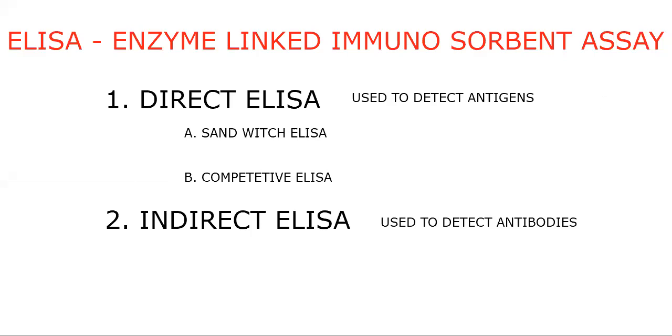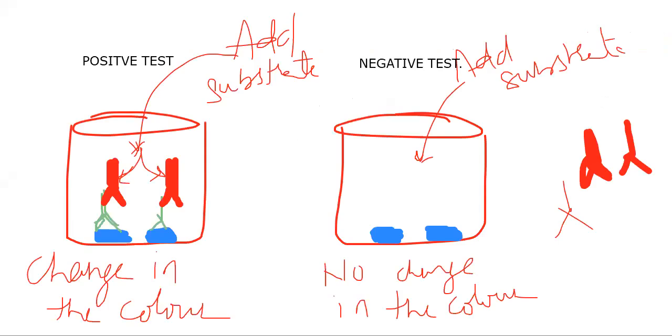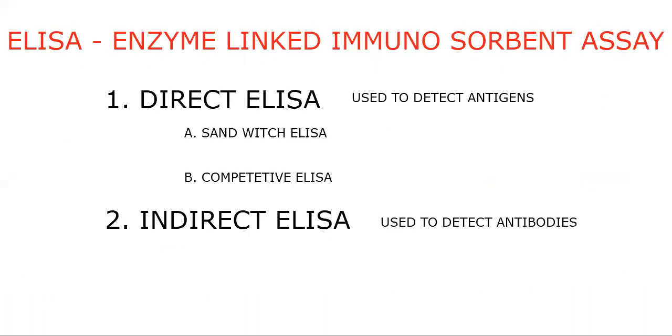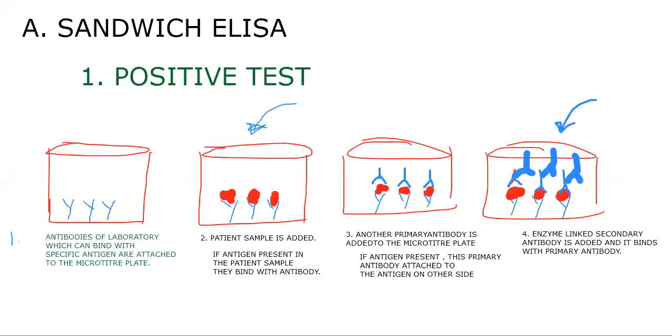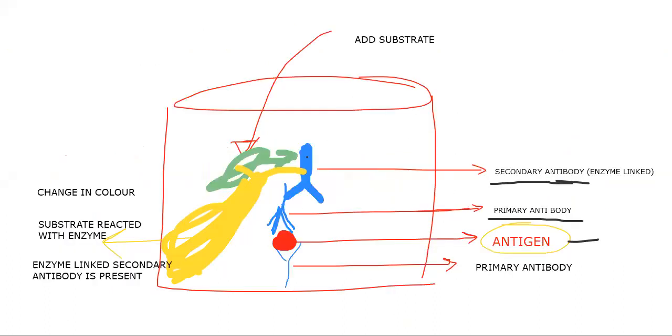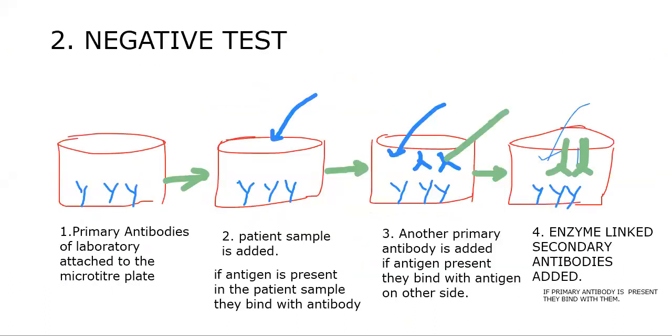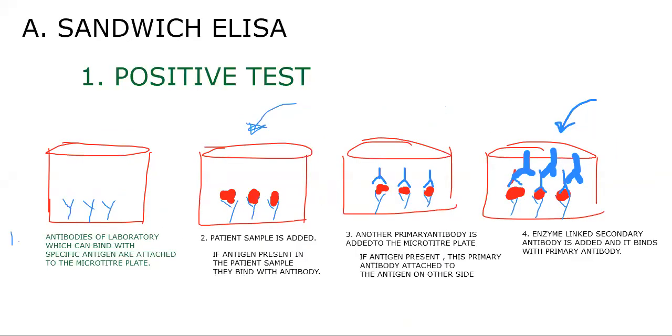Let us do the sandwich ELISA first. We will come from the beginning. Number one, sandwich ELISA. In that, I am separating it here for your convenience as a positive test and a negative test. That we should remember before we do the test. How can you know positive and negative? Just for our understanding, we made it like that. So just go through the diagrams and take the screenshot of diagrams.